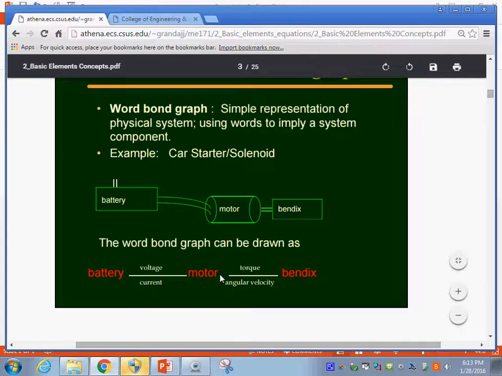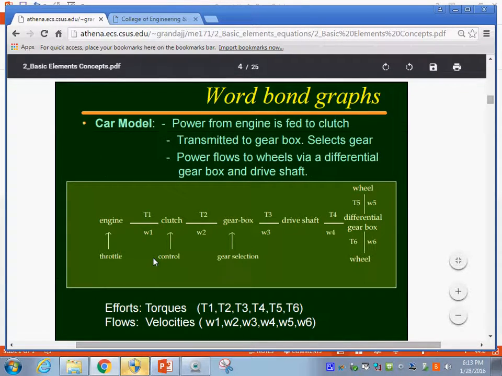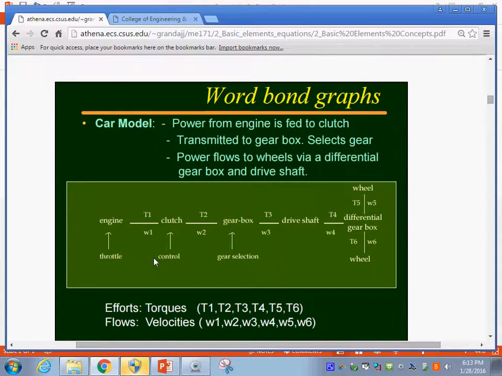The battery interacts with the motor through the voltage and the current. The motor and the Bendix interact through the torque and the angular velocity. No? So we could create real models of things. We could create, using these words, a connection graph of the elements that make up a car. This is an entire vehicle modeled after this idea,